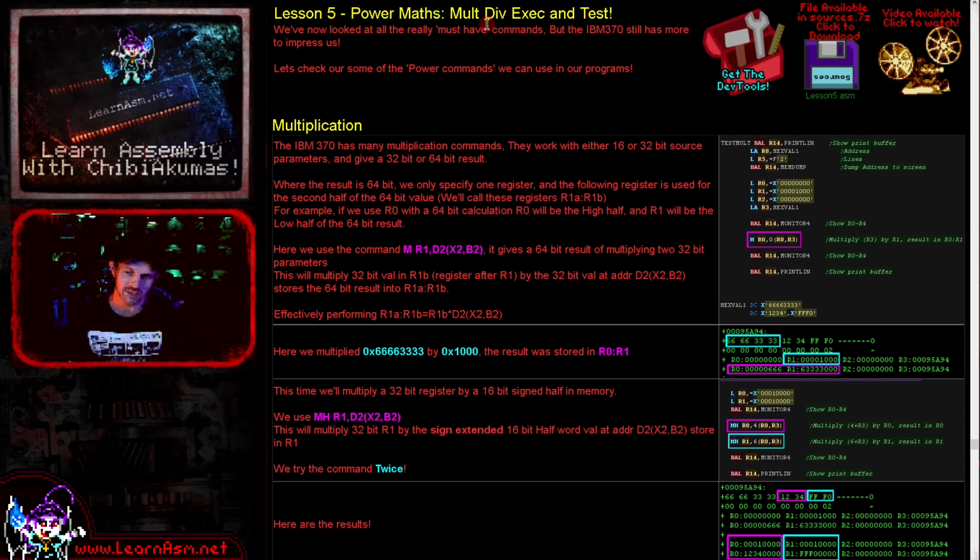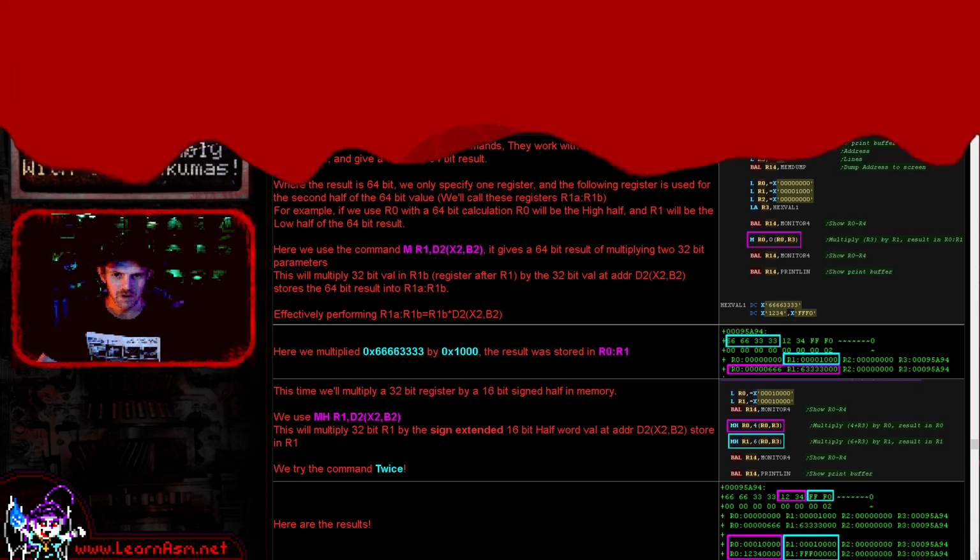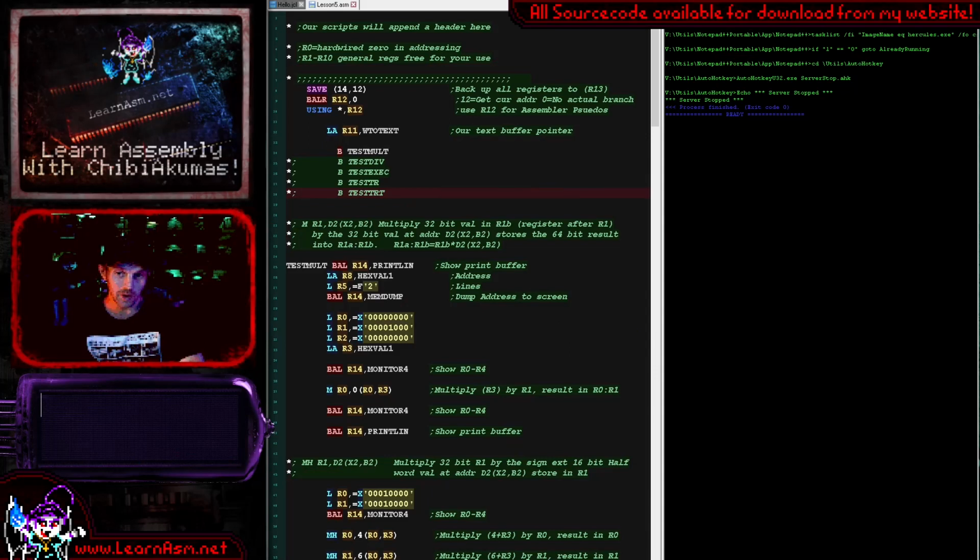Now, multiplication and division are relatively rare in assembly if you come from the 8-bit world where they don't exist. So that's why I've sort of left them until this stage. So that's what we've got today. You could skip this lesson. I'd suggest you don't. But then, as I say, after that, in lesson 6, we'll be looking